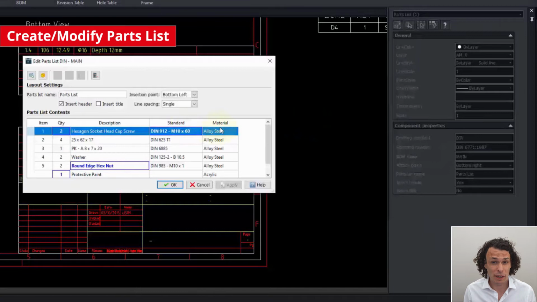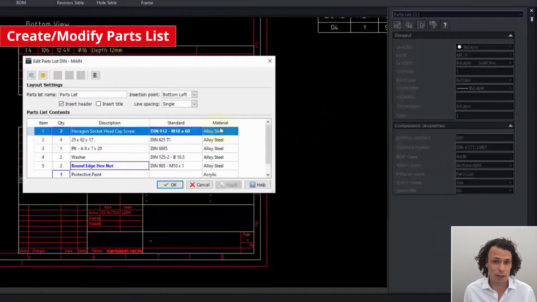In ARS Mechanical, you will also find the part list command. You can create a part list and place it in the graphical area. A part list is derived from a bill of material. In the part list dialog box, you can modify the layout of the part list and change the appearance of the part list data by sorting the part list, edit the value in the cell, change item number, merge row,